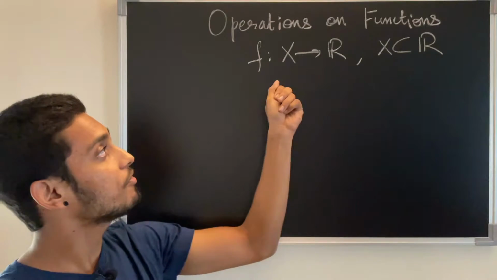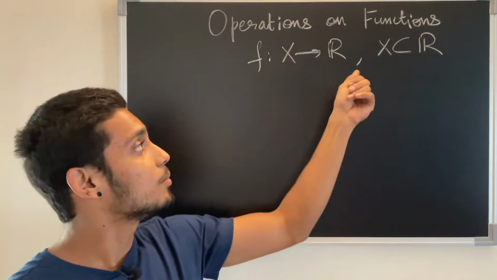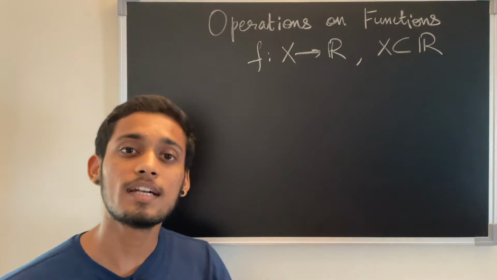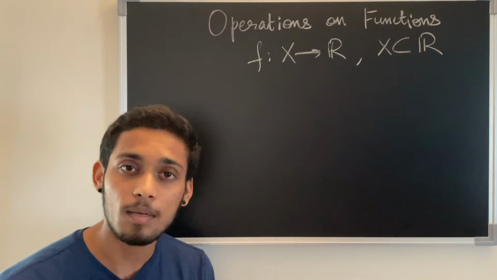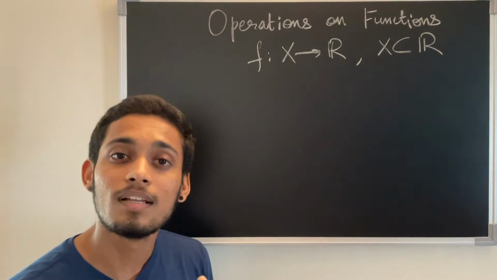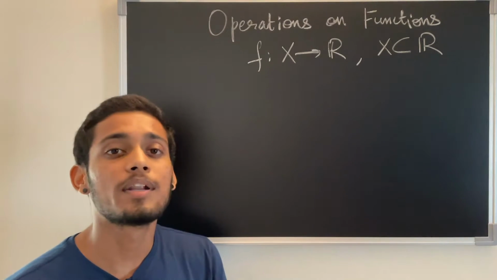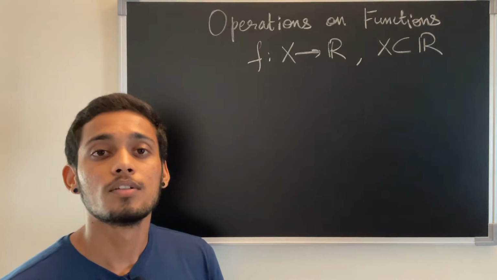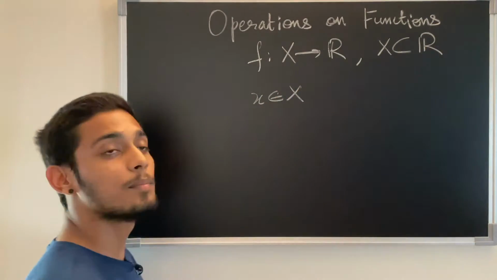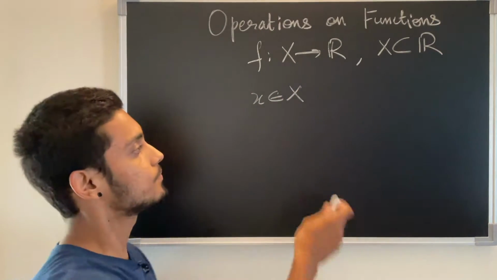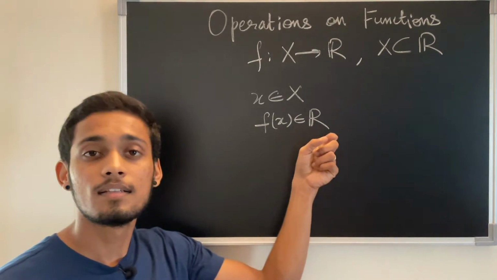So if this function f is taking real numbers to real numbers, where x is a subset, then the images are all real numbers. We know that with real numbers we can do all sorts of operations. We can add them, subtract them, multiply them, and we can also divide them if the denominator is not 0. So in that sense we can also create some operations on these functions. Suppose that there is an element x and this element lies in the domain. Then the image of x, that is f of x, will be in the set of real numbers.